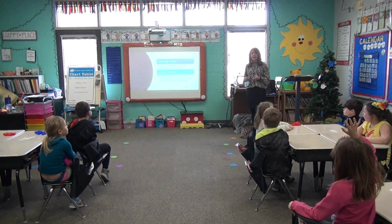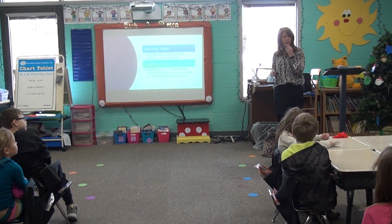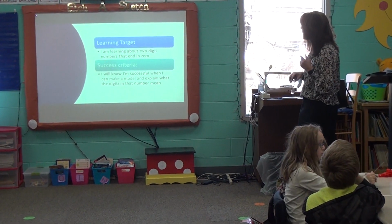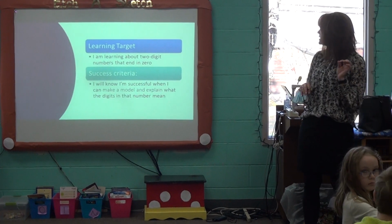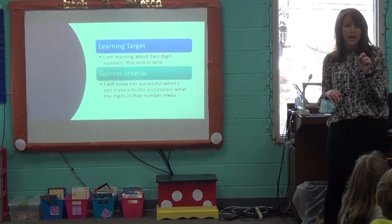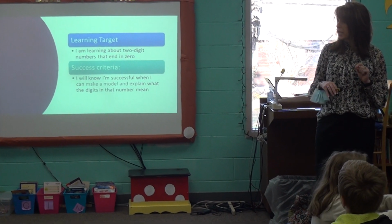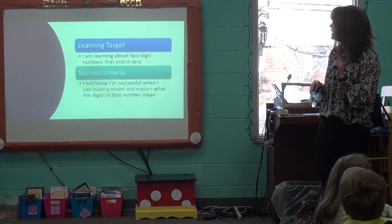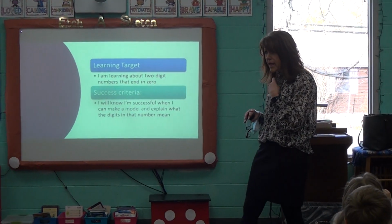What you're learning today is you are going to be learning about two-digit numbers that end in 0. Two-digit numbers that end in 0 is what we're going to be learning about today. And you're going to know you're successful when you can make a model and explain what the digits mean in that number. So you're going to make a model with your manipulatives that you have at your desk. Okay? And then not only do you model the problem, you've got to be able to explain. So if I come by and say, well, tell me about this and tell me about that, you'll be able